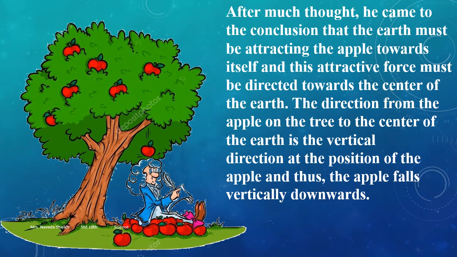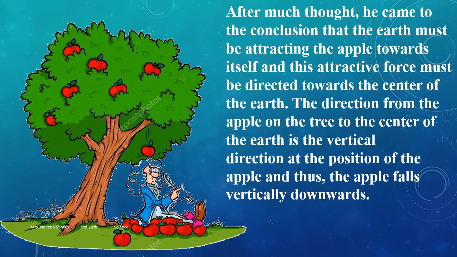Okay, so with this statement, I hope things are getting clear to you because we've already learned about gravitation. So when Sir Isaac Newton was sitting beneath an apple tree, the apples were falling just below it. Okay, it wasn't flying away, or falling at a particular angle. It was just going vertically downwards. Now he was thinking about why it was happening like that. So he came up with a conclusion that there is a particular force present in the earth itself. This earth is attracting all the objects towards its center.